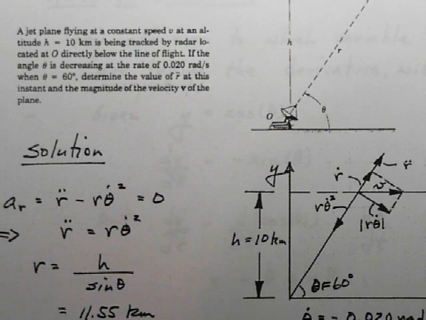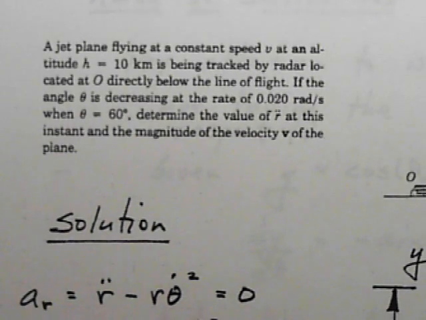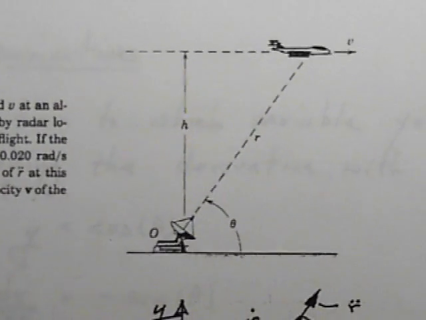If the angle theta is decreasing at a rate of 0.20 radians per second at the time when theta is 60 degrees, determine the value of r double dot at this instant and the magnitude of the velocity v. Let me just zoom in on that for a second, give you a chance to read that for just a second. And then I'll point out that over to the right we have a diagram that shows what is happening,